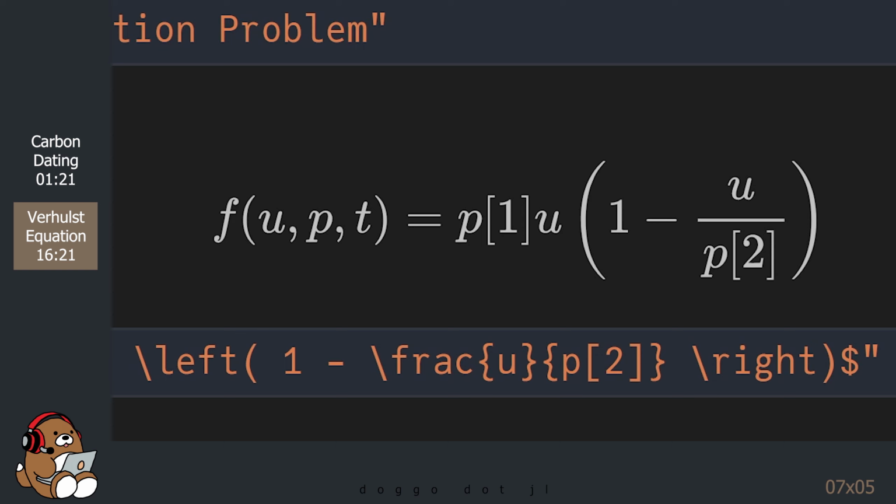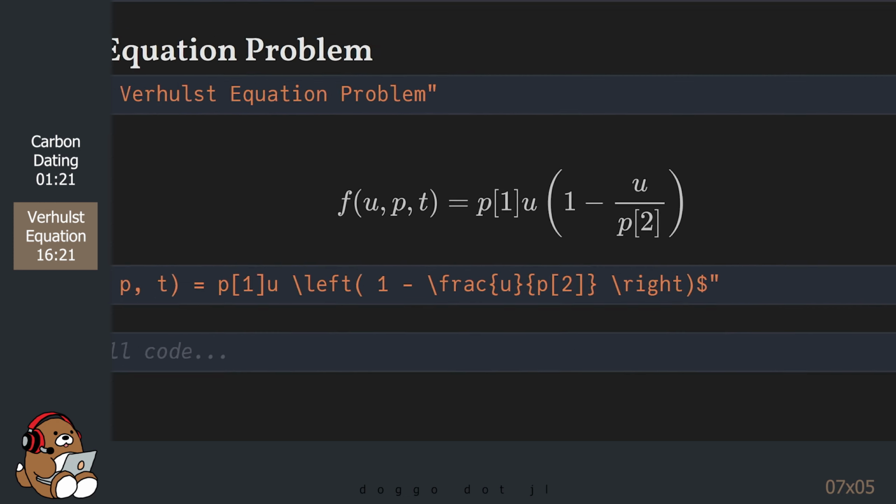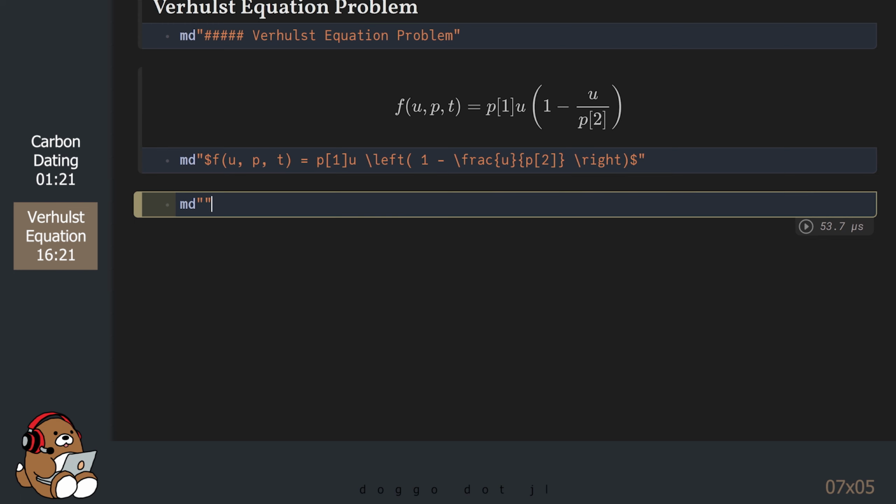In this equation, I've replaced n with u, which is the unknown function that we're trying to understand. And I've replaced r and k with p1 and p2. We can use this equation to define our Julia function.